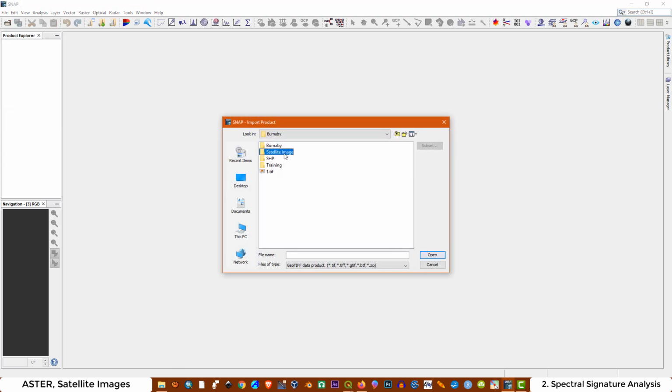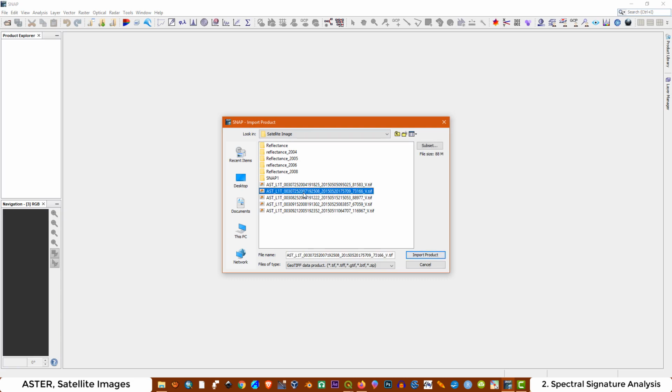Then I go to satellite image and I'm going to load the image from 2007. As you can see here, July 25, 2007, that's the one I want. I have also image from 2016, also from 2006, August 25, from September 15, 2008,